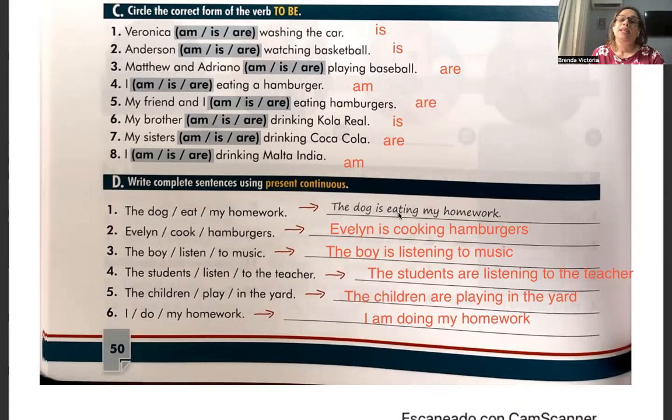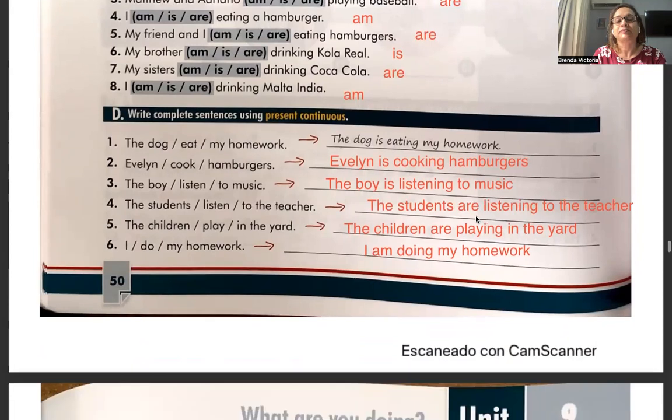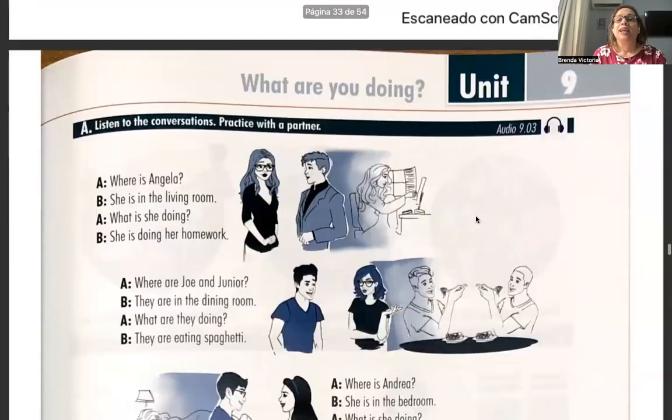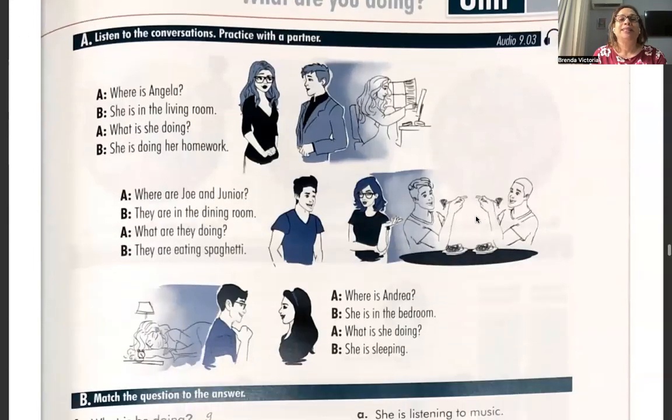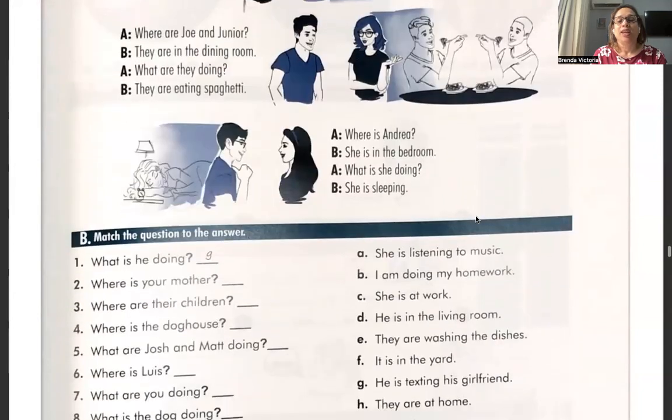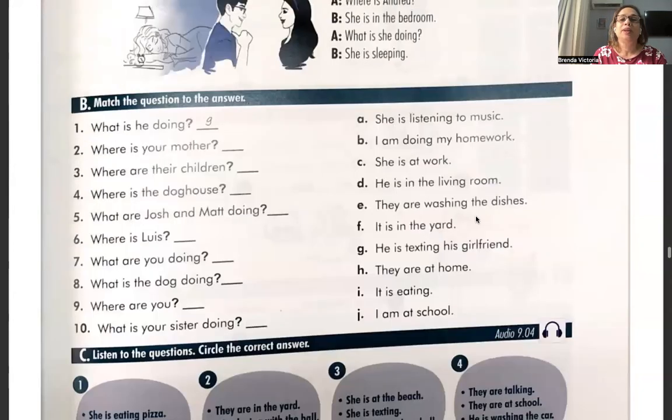Y el verbo siguiente terminado en ing. Y después el resto de la oración. Muy bien. Now, in the last class, we practiced these conversations that we have here on page 51, and we